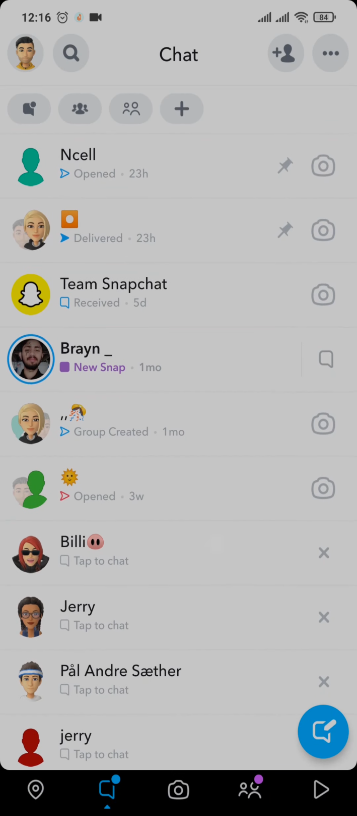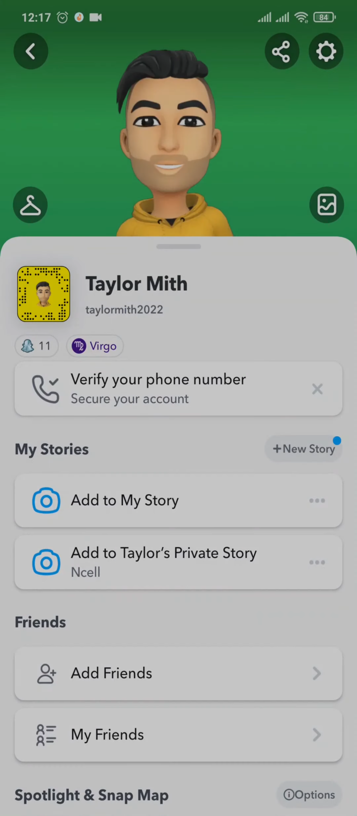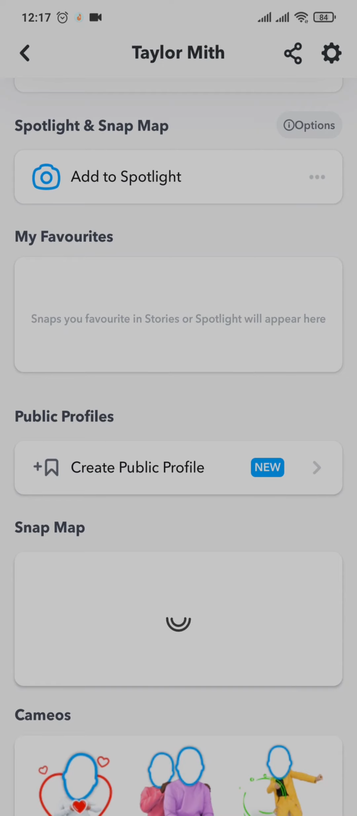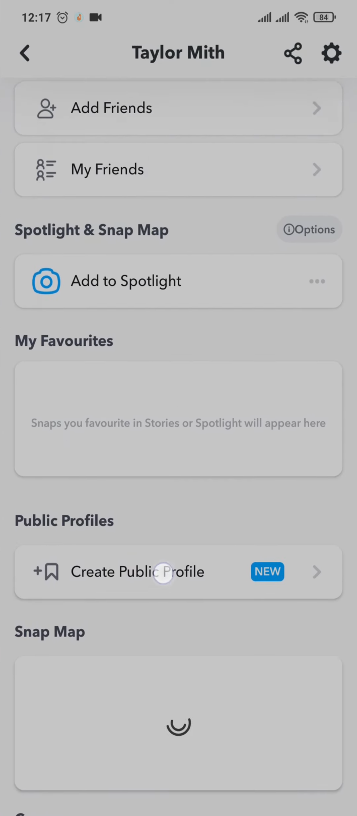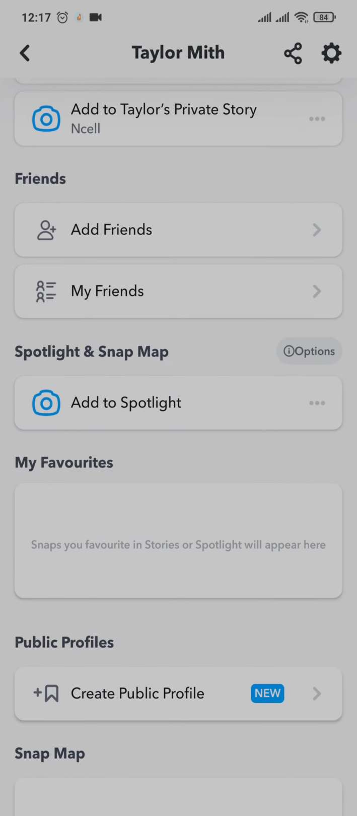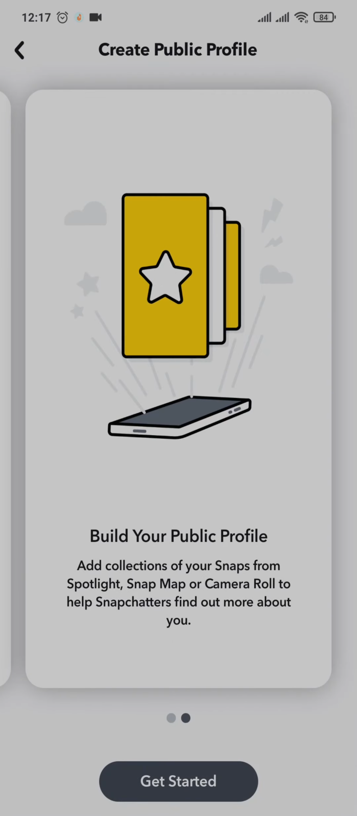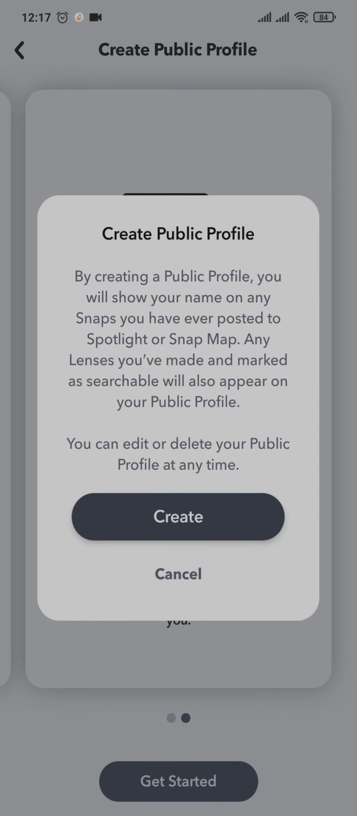With that said, to create your public profile, tap on the Bitmoji on the top left, and from here if you scroll down, you should have an option of create public profile. If you don't see this option, tap on the options on Spotlight and Snap Map, and you'll have an option of create public profile right here. You can tap on it and tap on get started. Tap on create,